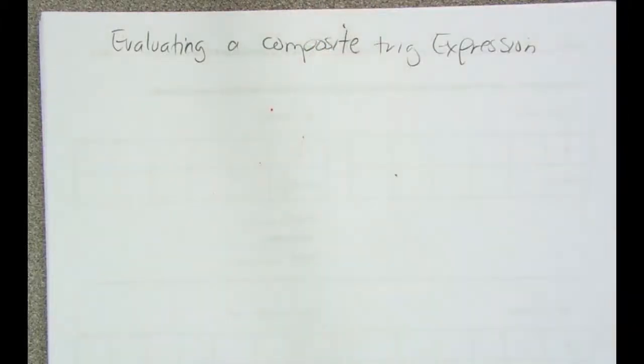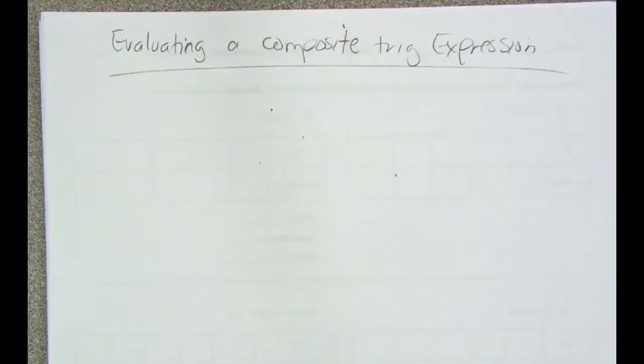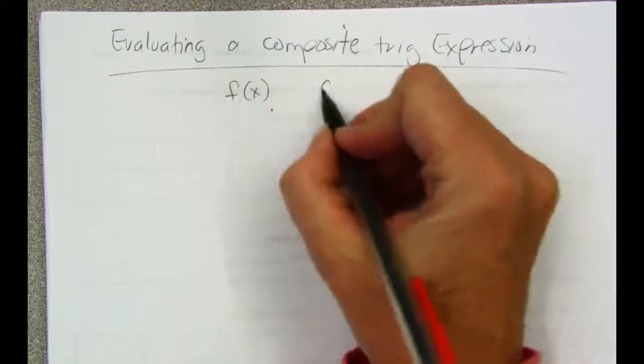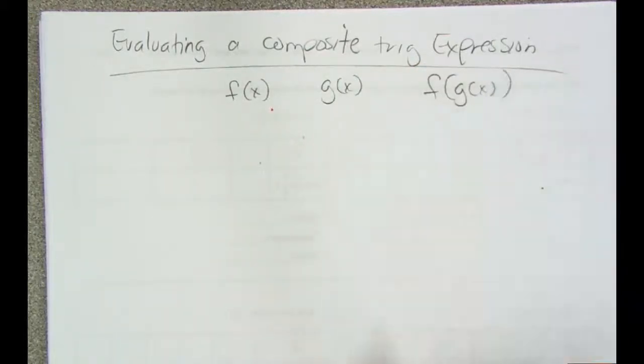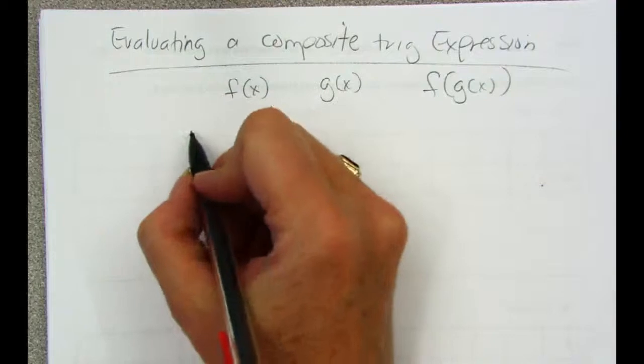Evaluating a composite trig expression. Composite, that's when we took two functions and we put one inside of another. We're going to evaluate that. We just got done evaluating with a calculator. We evaluated using inverse functions. Now we're going to evaluate it when I'm going to take them and make them a composite, such as